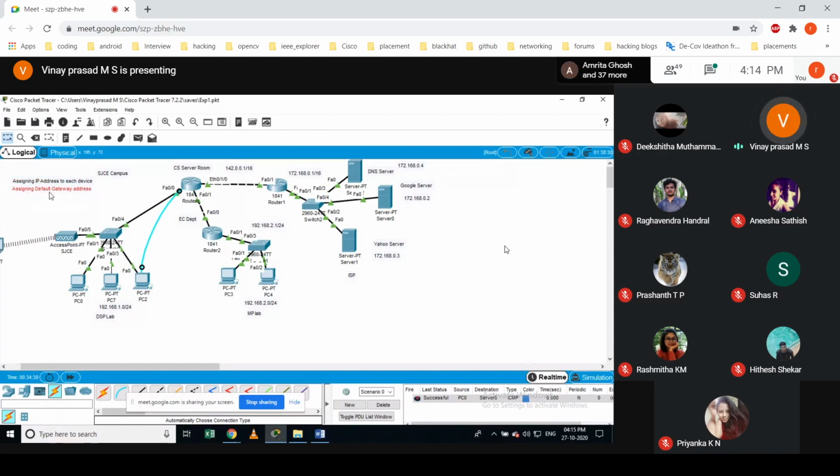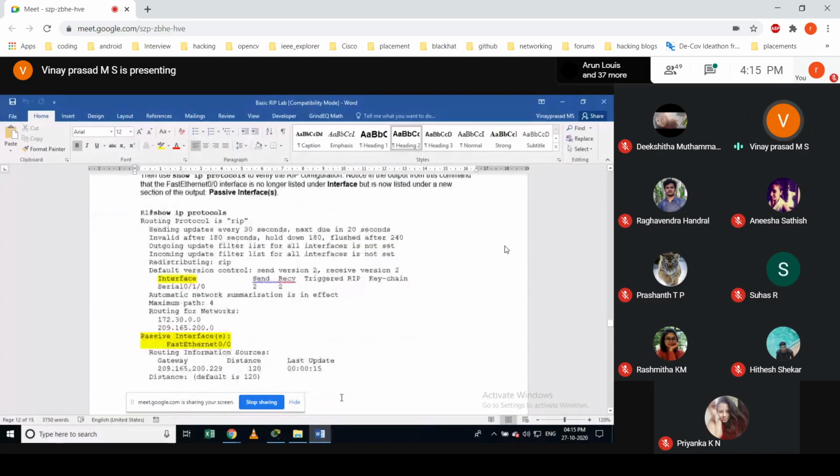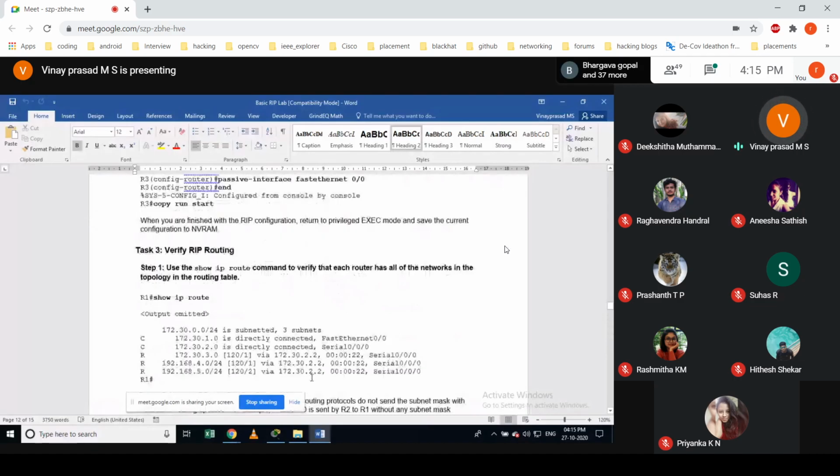When you are configuring any of these networks, from our network to the ISP is default, and from there to here it is static. Clear? All of you must do these three. What I've uploaded in the Google Classroom has each and every step given. There is not much difference.